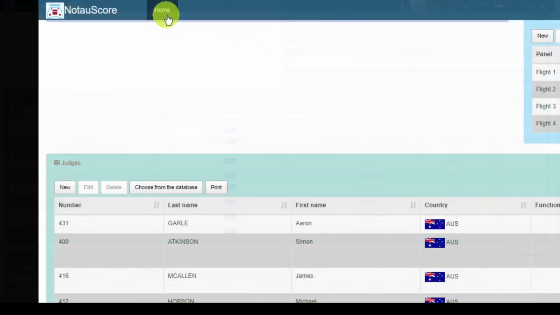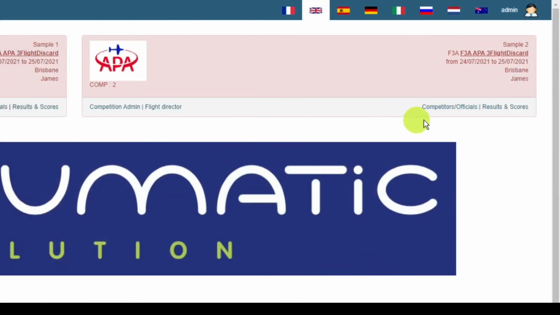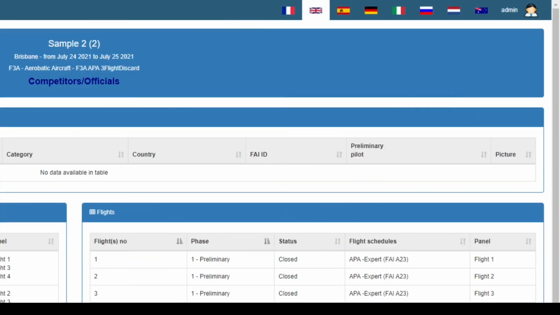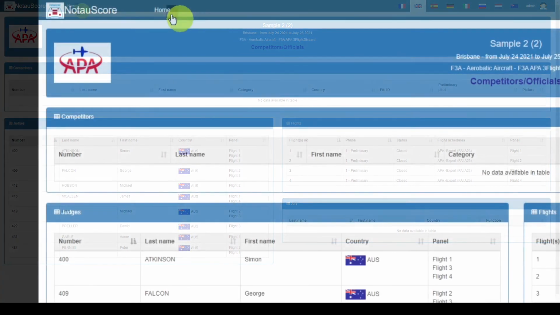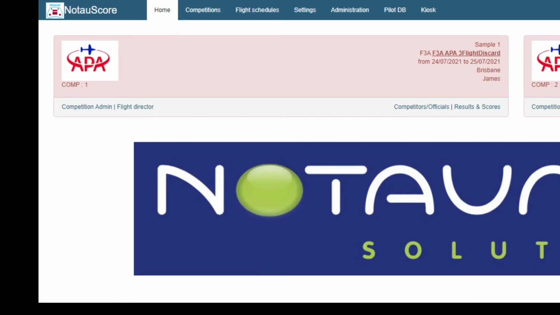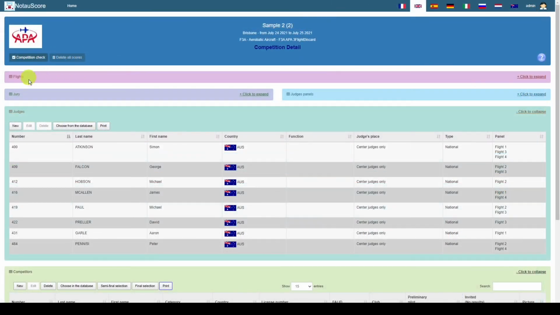So if I pop back to the home screen and we have a look at this competition, I can go into competitors and officials, again I can see all of that information here as well. So sorry, let's zoom out a bit. I can see all of that information. Now as you can see on this, I don't need to come to this screen, it's just a great little view. Tells me my competition ID, which is 2, tells me my competitors, and I have none in, so I need to take care of that. So we pop back into the competition admin of the particular competition that we're dealing with, and I'll just move my judges.